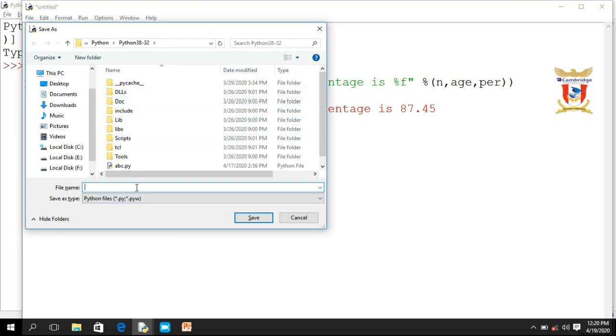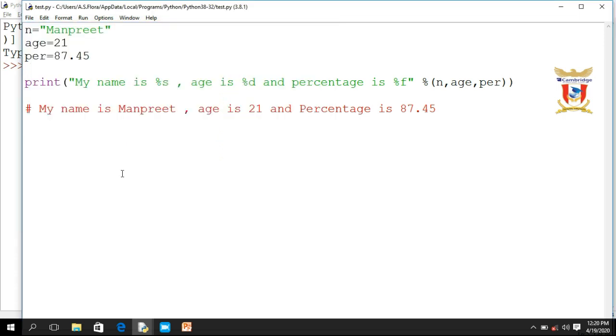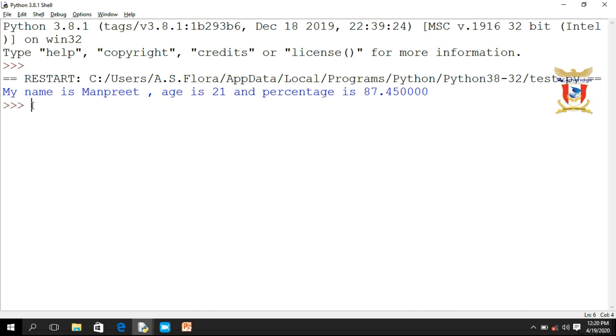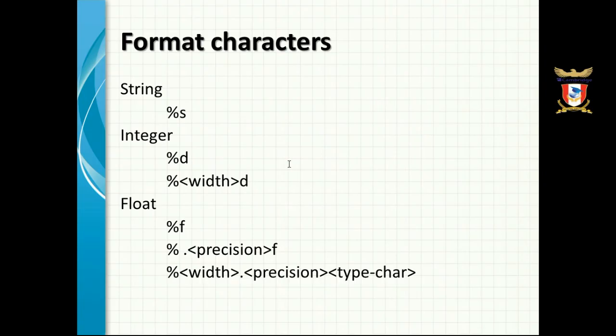So save this file. I'll save it as test, then run the code. So here we have the output. My name is Manpreet, age is 21 and percentage is this one. So that is all about how to use a mixture of format characters.